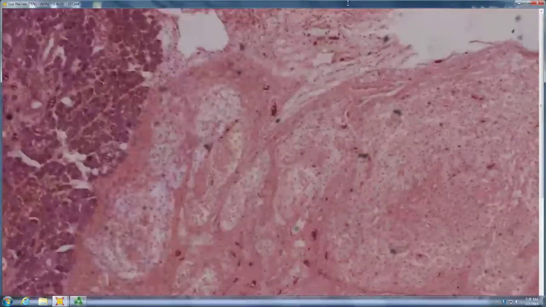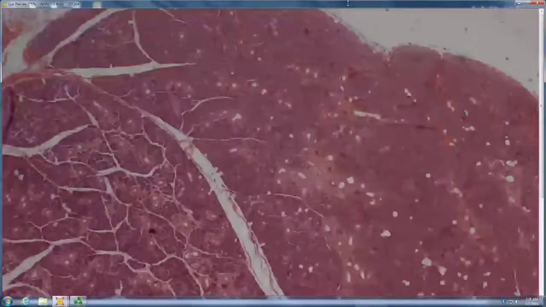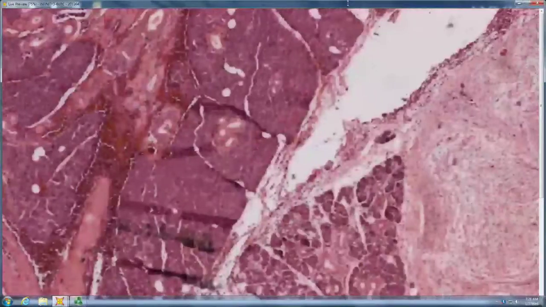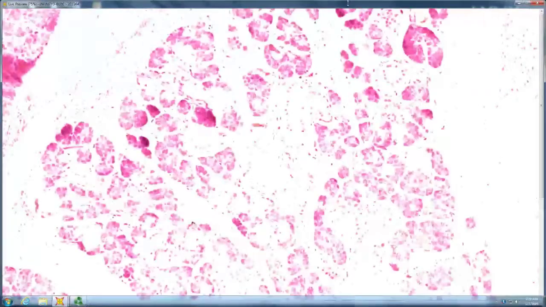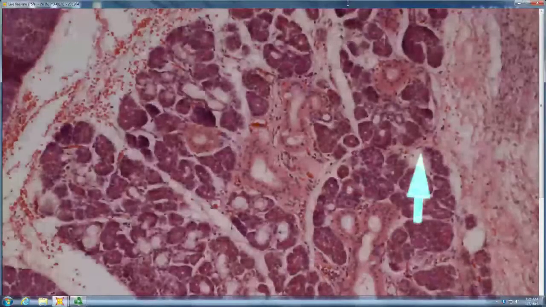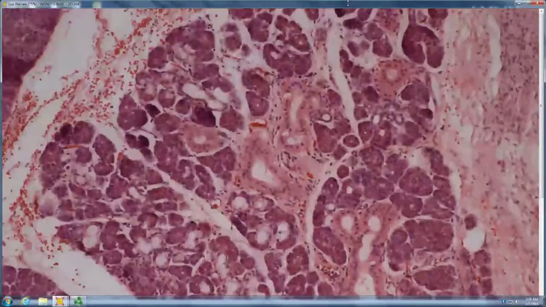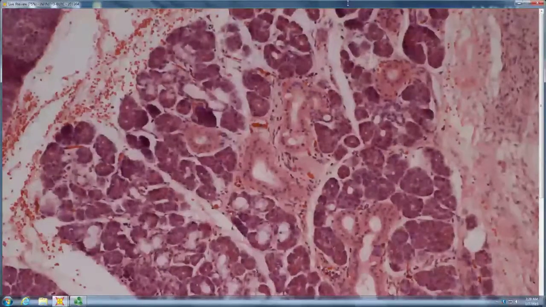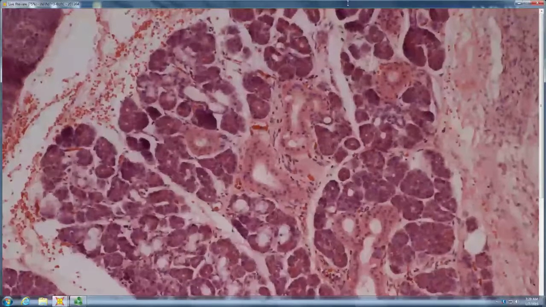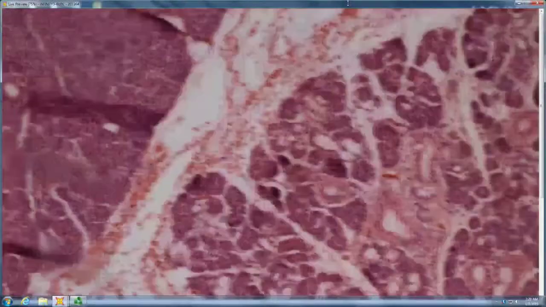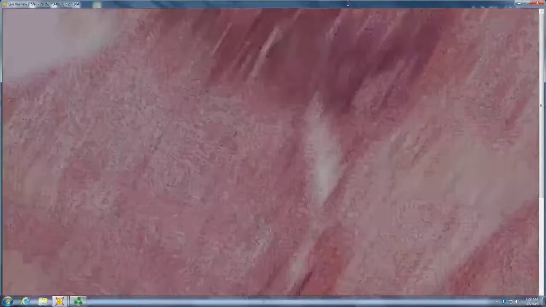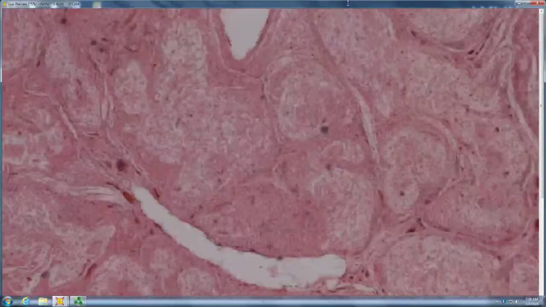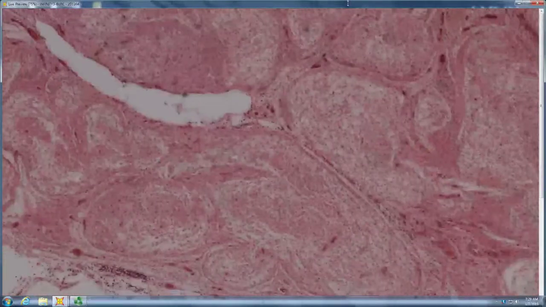Looks like a plexiform pattern. So it's an ugly plexiform pattern, and where are we? And I think those blue cells. So what is this? Looks like gland. Yeah, gland. Parotid, salivary. So you're within a parotid gland, and within the parotid gland, you have this plexiform myxoid tumor, and in areas